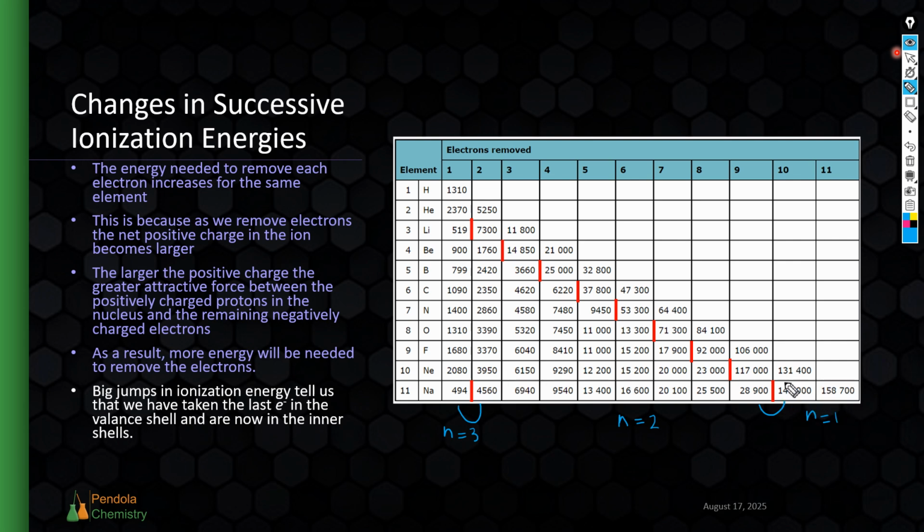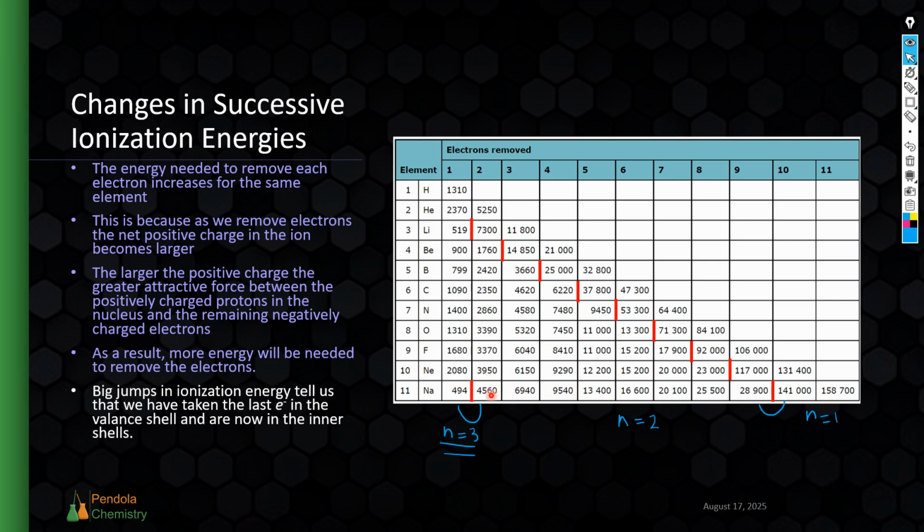So these electrons up here with a lot of energy needed to be removed, those are first energy level electrons, whereas this one that needs very little energy to be removed is all the way in energy level 3, which is why it requires less energy. So ionization energies can actually give us a lot of information. Now,